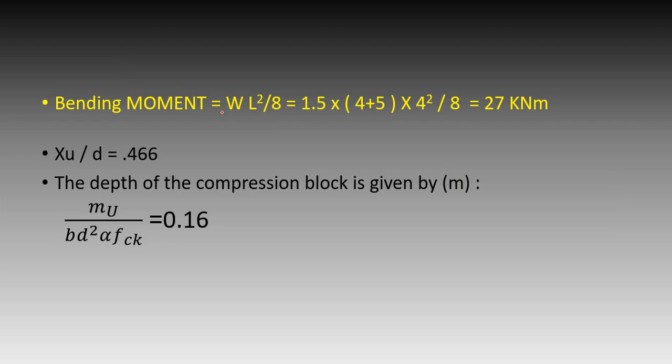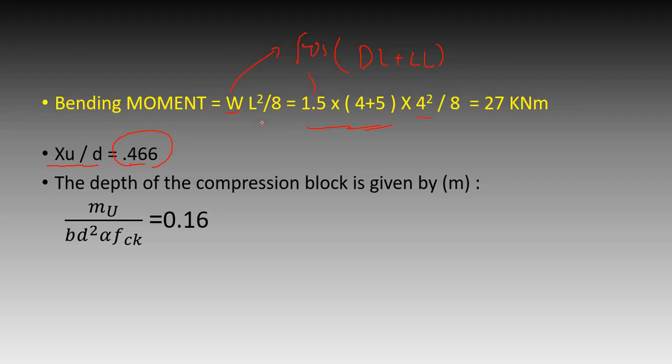Alright, getting the bending moment of the slab. This is the weight times the length of the span of the slab, which is just 4 meter by 8. So the total weight comes to be the factor of safety, which is 1.5, times dead load plus live load. As you can see, self weight is not being considered here. We know XU by D based on IS